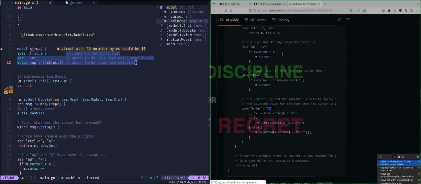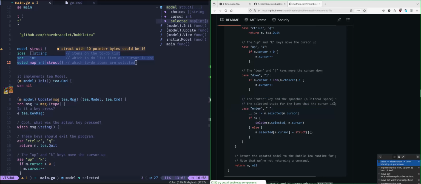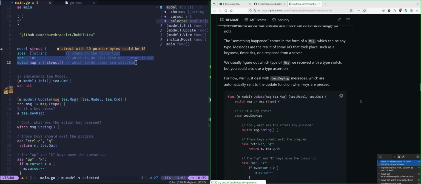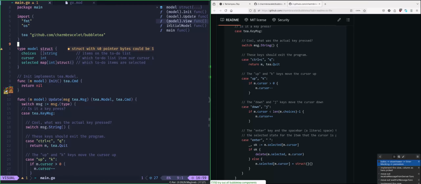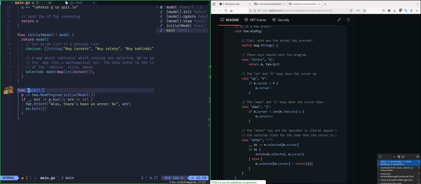There's an explanation, and the tutorial has a pretty good explanation. I know my explanation is not really good, but you can see it right here. This is the interface that got implemented, and this is the main function that calls the model.